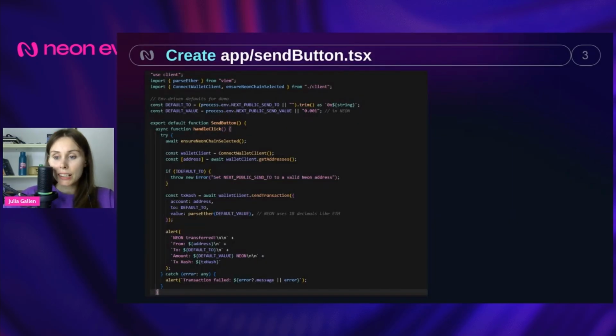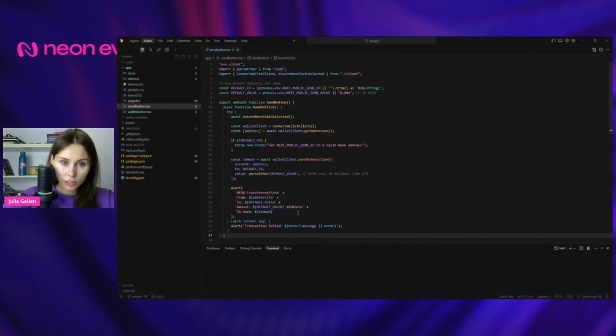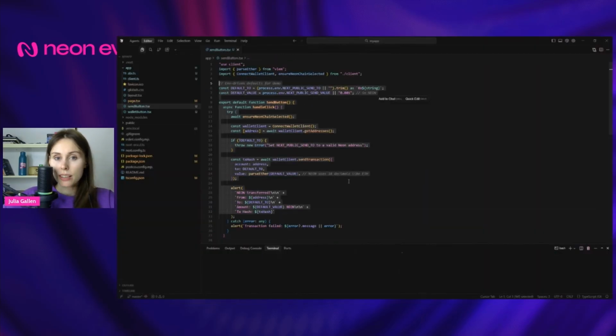And the next button we are going to create is the send button. So this is the send button that we are creating to send a particular value. We are just going to hard code it this time without allowing any input from the front end. Here we define the send button component, and again we need to handle the click, what happens upon the click,